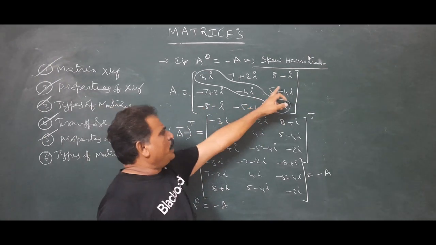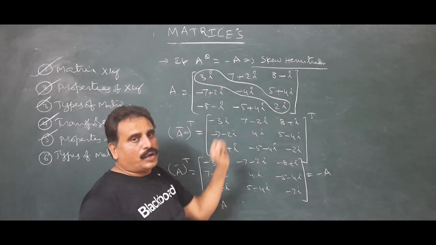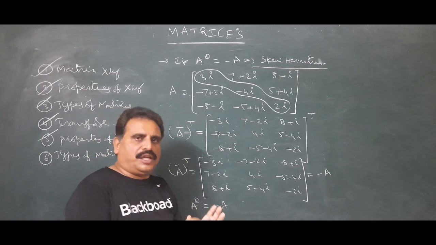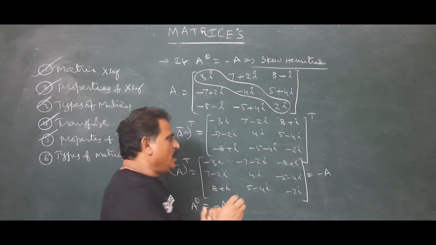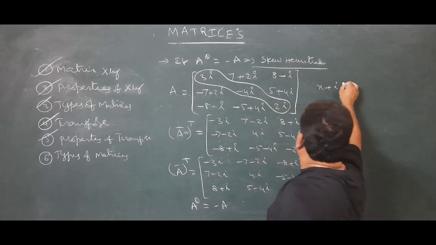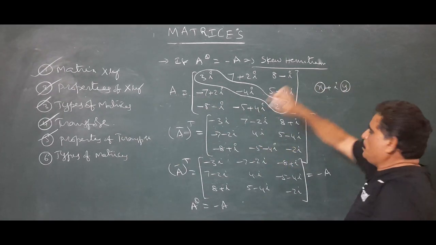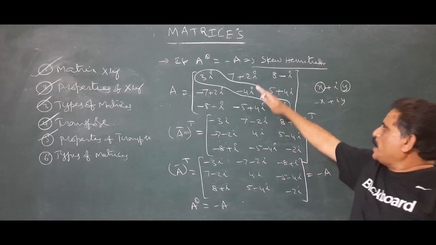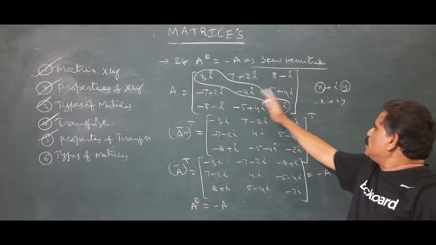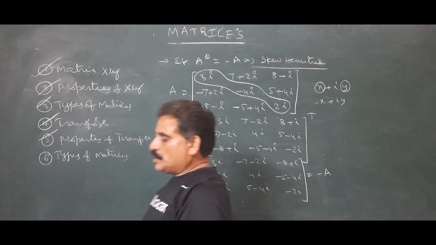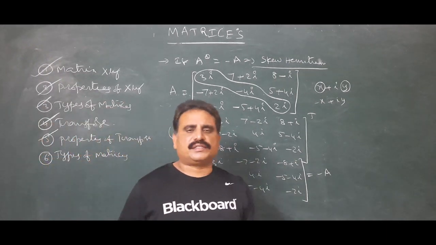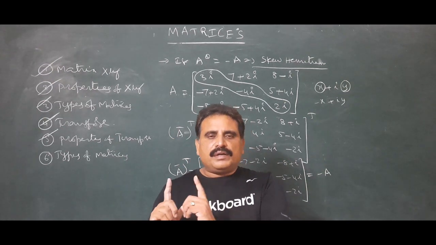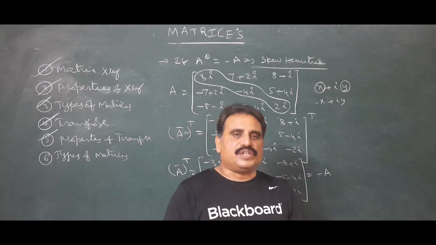Next, 5 plus 4i, minus 5 plus 4i. Don't change the sign of the imaginary part. You have to change the real part only. Real part sign only. Real part means in x plus iy, x is the real part and y is the imaginary part. You have to change the sign of this one, minus x plus iy. So the above diagonal, 3 elements, change like this only. That is skew Hermitian. Now here, every square matrix can be uniquely represented as the sum of Hermitian and skew Hermitian matrices.